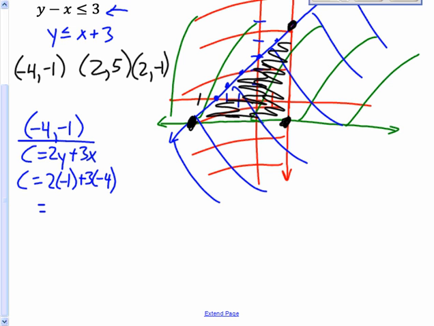Looks like I get negative 2 minus 12, so negative 14. Okay, that's what that c is equal to. That's the value, negative 14. Now I'm going to test that 2, 5 into